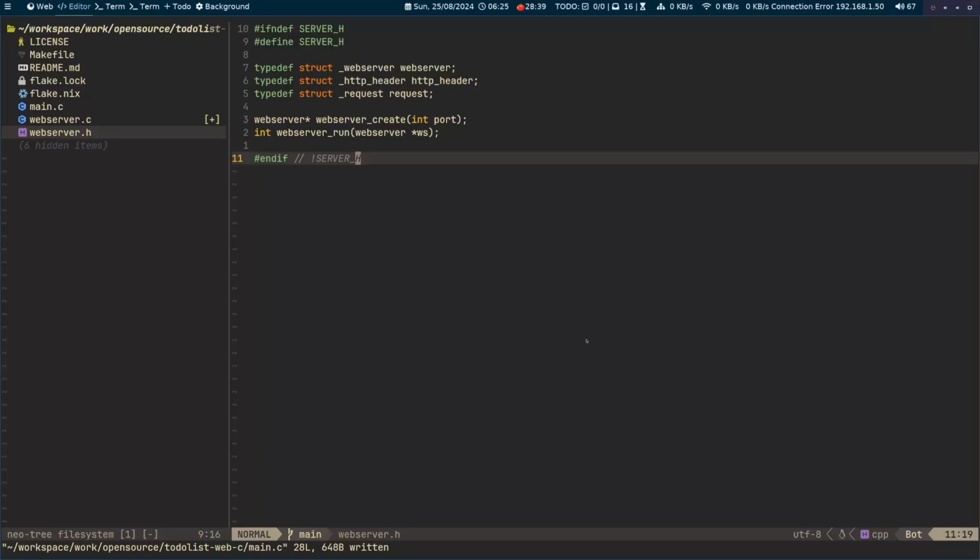Hello. So we are continuing to develop our to-do list web application written in C. In the last video we did some refactoring work and fixed some memory leak issues. So it's time to add our next feature, which is the ability to handle multiple paths and to respond back